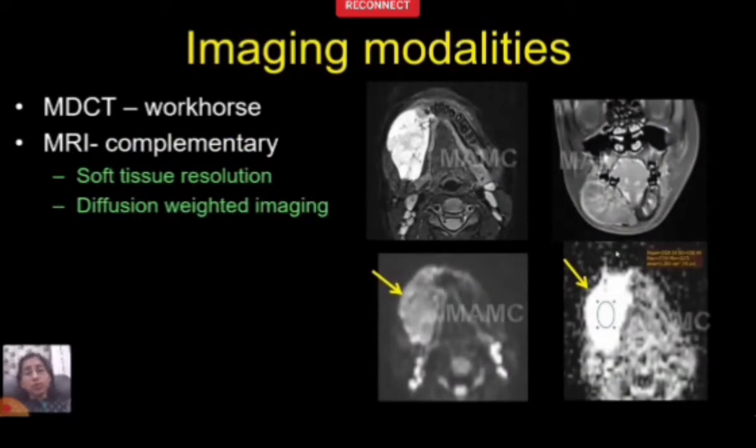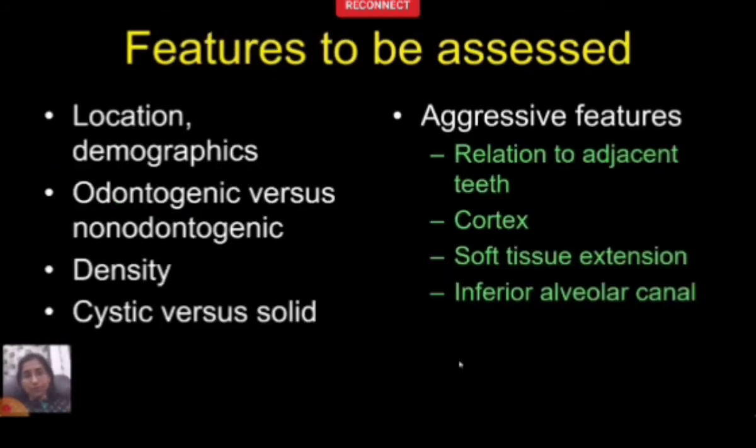MR is a complementary technique. It's a problem-solving technique. It scores over CT owing to its superior soft tissue contrast resolution. So to see a wall enhancement, to see any small enhancing component within the lesion, to see extension into the outside soft tissues, that is where MR scores over CT. Another feature here is the promising role of diffusion-weighted imaging in cases of certain lesions which may be atypical. So how does diffusion help us? We shall see it as we go along.